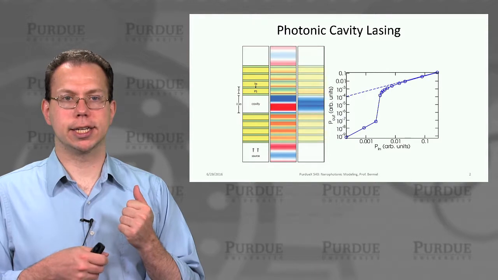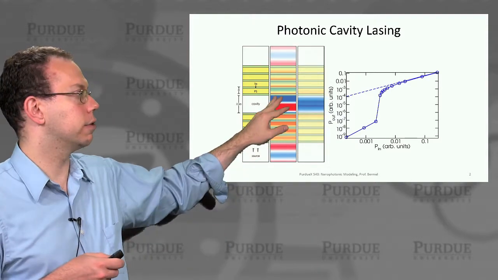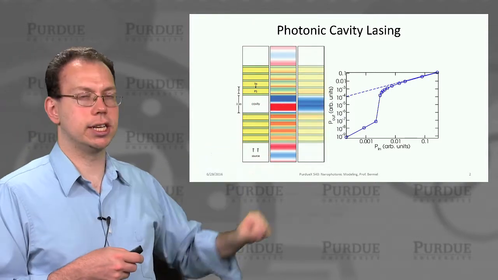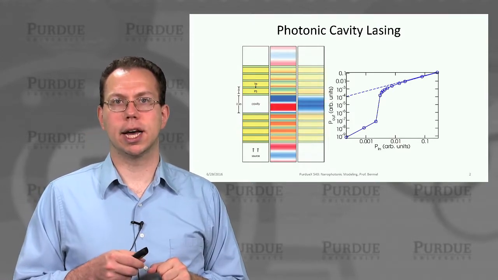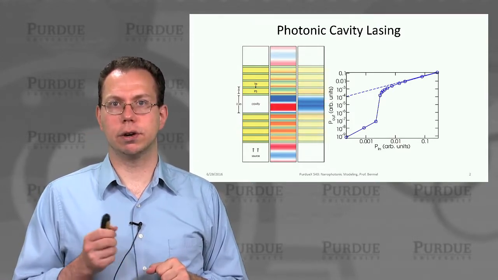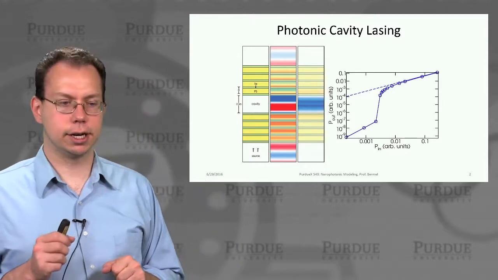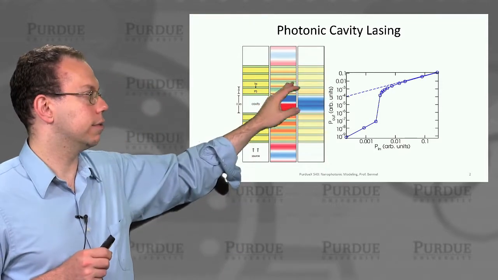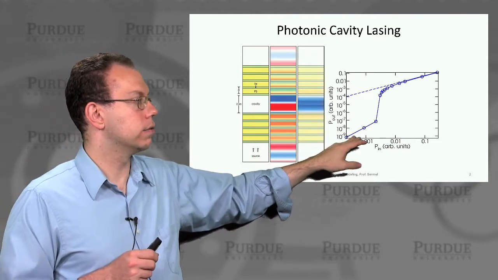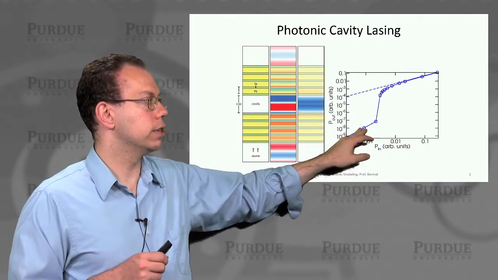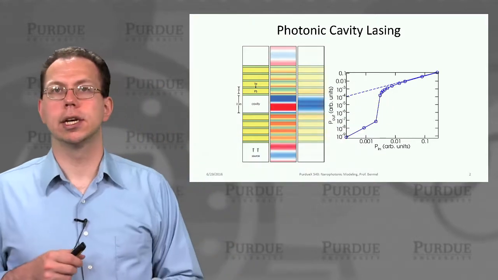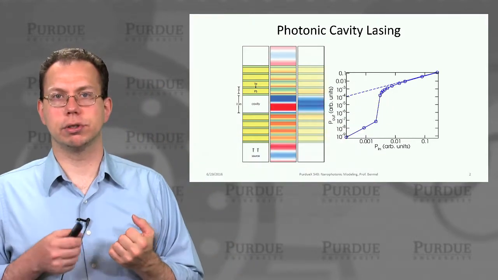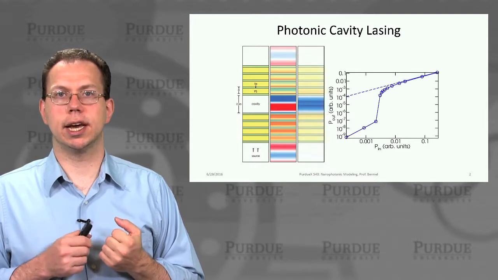But first, we just had to establish that we can correctly model the optical aspects of the laser and correctly couple it to electronics. And so this was an example of a Fabry-Perot type cavity laser, which is optically pumped. So this is analogous to a VCSEL or vertical cavity surface emitting laser. And we showed that just like in the VCSEL case, you can actually get, for very small input power, very low output power, of course, but then there's a rapid threshold increase.